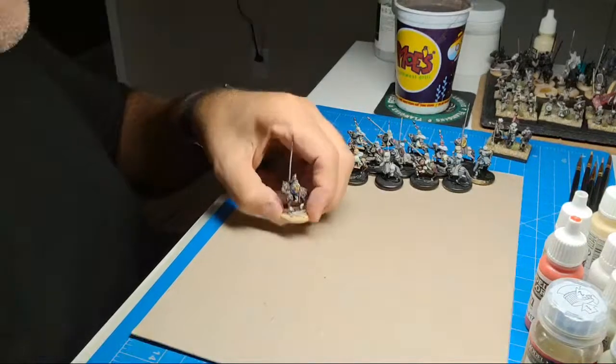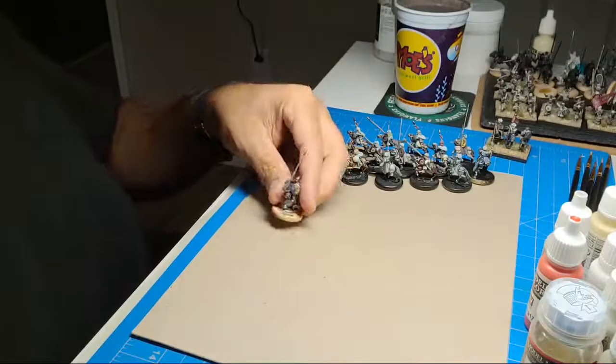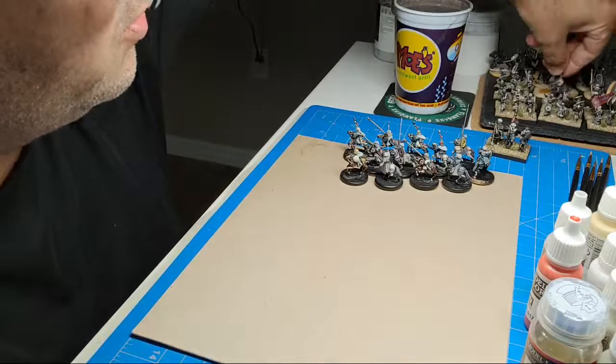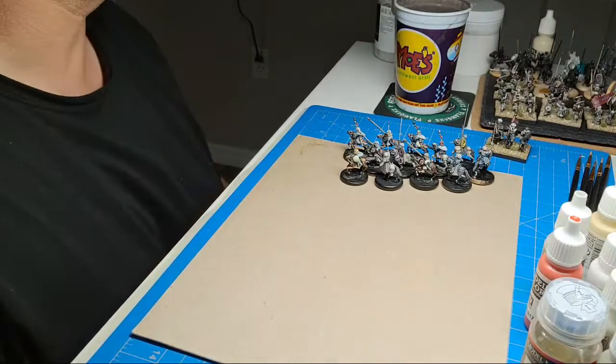They actually turn out okay. They are totally flat when I'm done with them. I was surprised. I'm not happy with them, but they turned out just fine. So maybe that's what I'll do. Maybe I'll work on some of the Russians as I go because